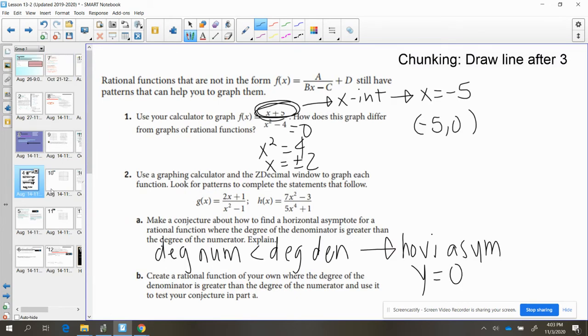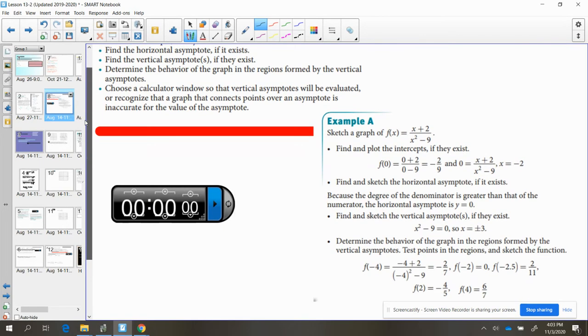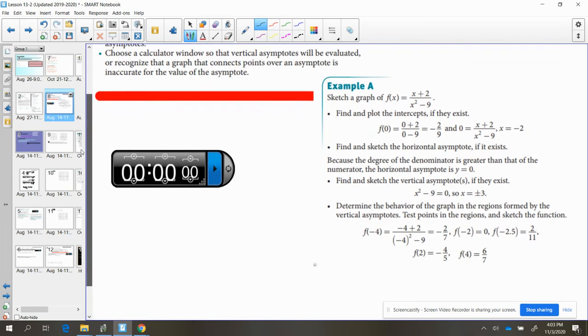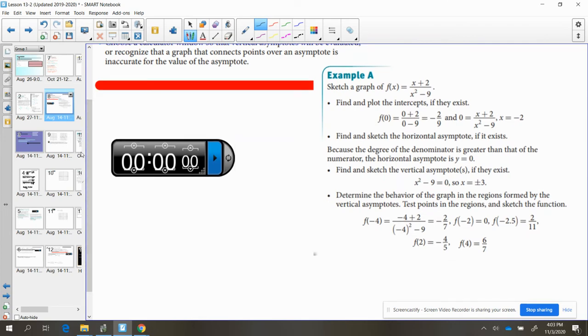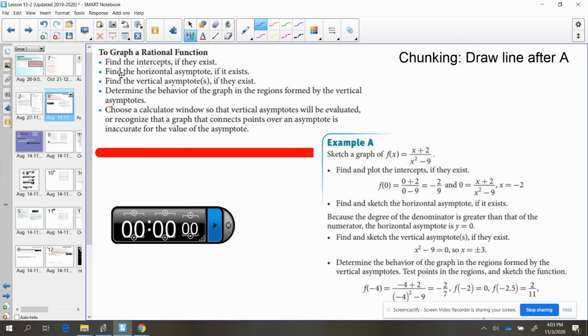Now, moving on from there, we want to talk about being able to sketch these graphs. Imagine you did not have your graphing calculator or Desmos to look at. How would we do this? Well, first and foremost, you're going to want to look at your important pieces. Find your intercepts if they exist, find your horizontal asymptotes if they exist, find the vertical asymptotes if they exist, determine your end behavior based on those asymptotes, and then kind of being able to see all of these pieces